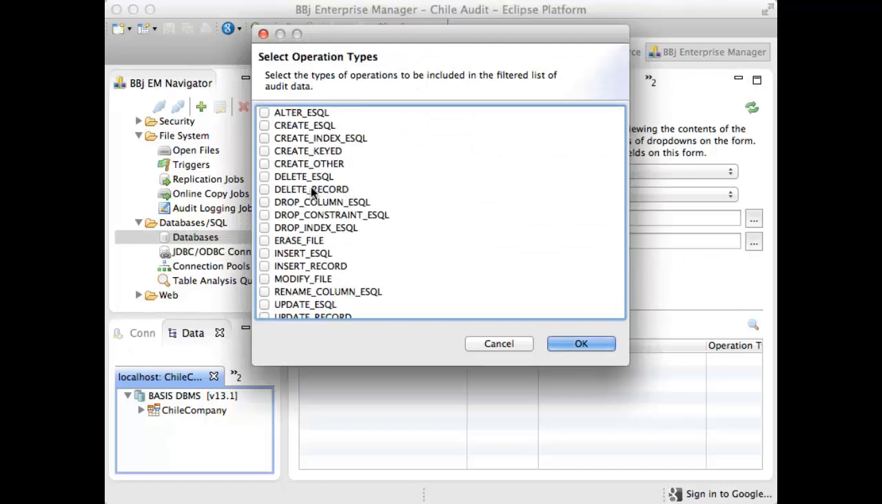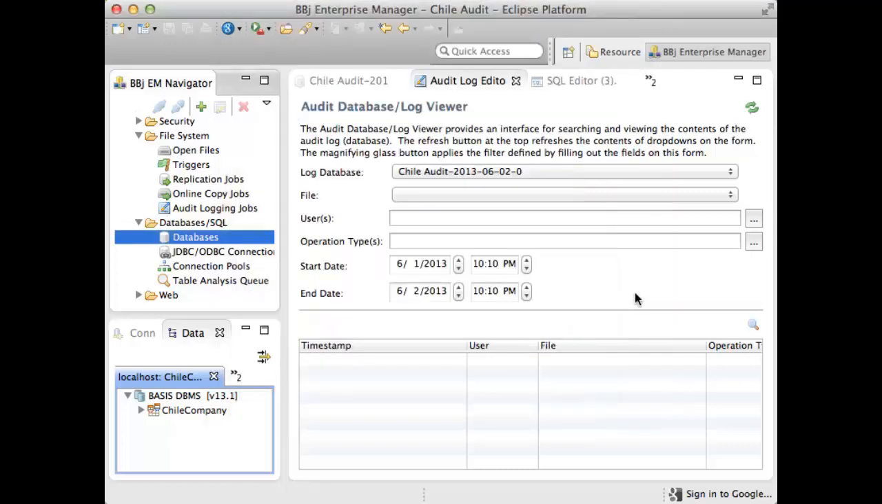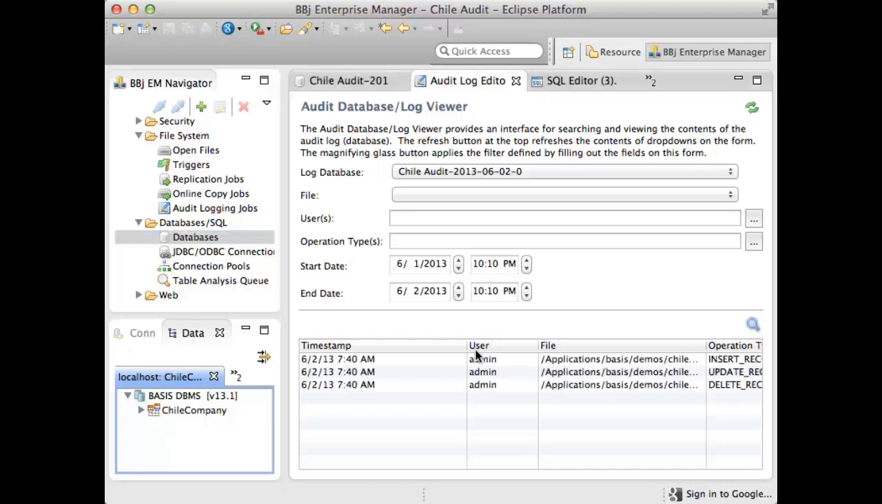If you're only interested in delete ESQL operations or a delete record operation, you can put a check there, and then it will return only those audit operations that match that criteria. Again, we'll just leave that blank. And then we can specify a start and an end date and time. So let's go ahead and just leave all the defaults there and click the magnifying glass,